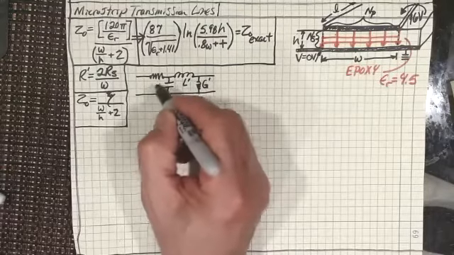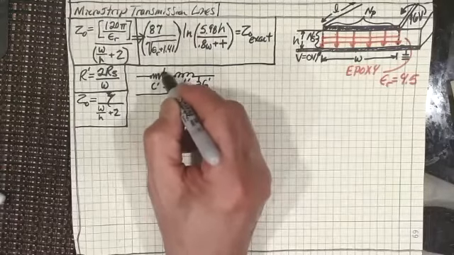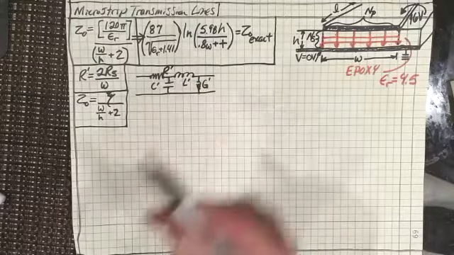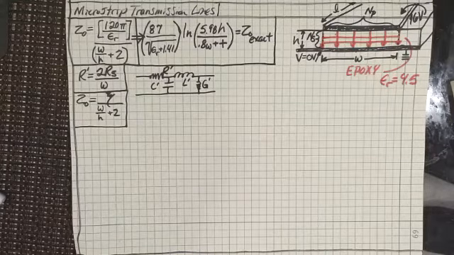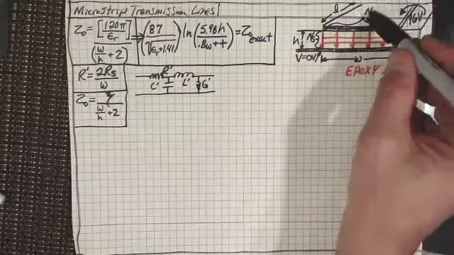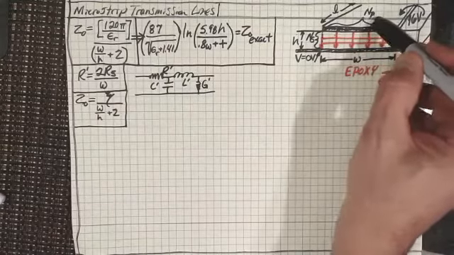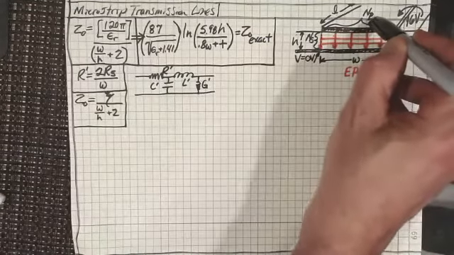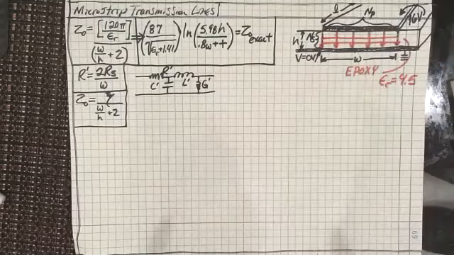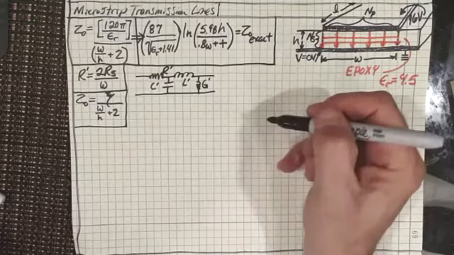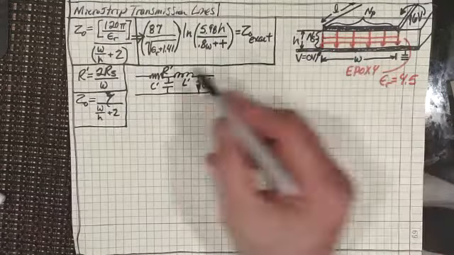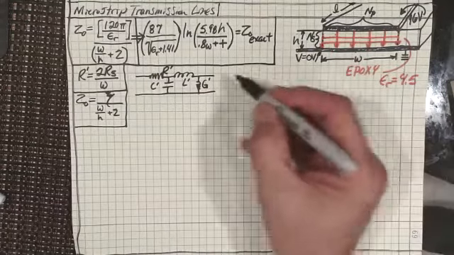This is L prime, that would be C prime, and of course this is R prime. So when we look at the communications circuit, and we see that we've got a certain amount of cells that are in parallel and a certain amount of cells that are in series, we can say that L prime, which is in series in the communication circuit, right,